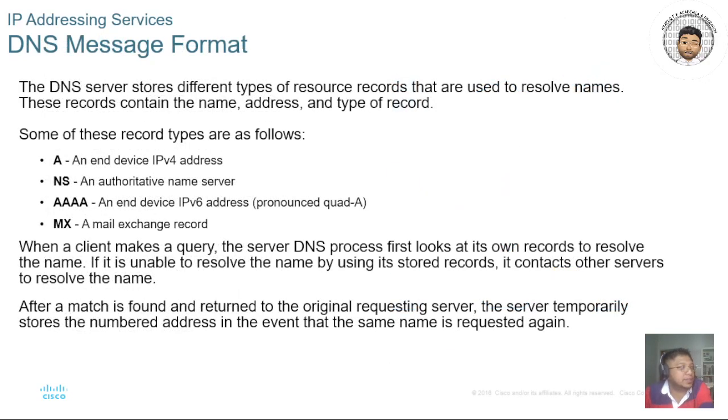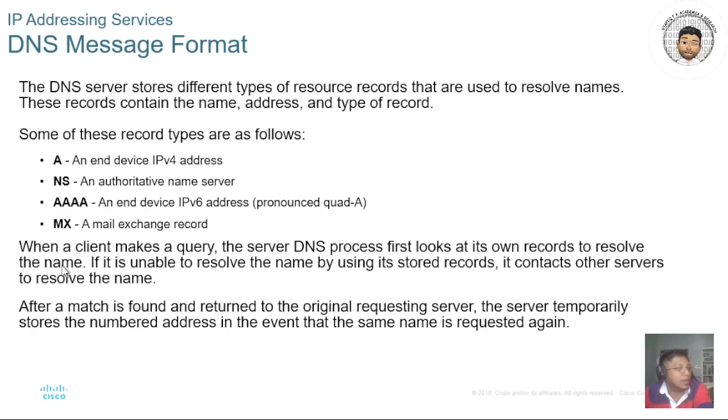So for the DNS message format, there are several message formats here. The server stores different types of resource records that are used to resolve names. The records contain the name, address, and type of record. The types of record are A, an end device IPv4 address; NS, an authoritative name server; AAAA, sorry, not triple A, quad A, an end device IPv6 address; and